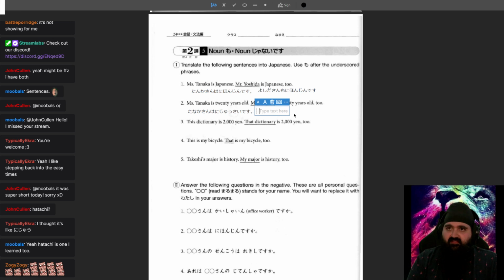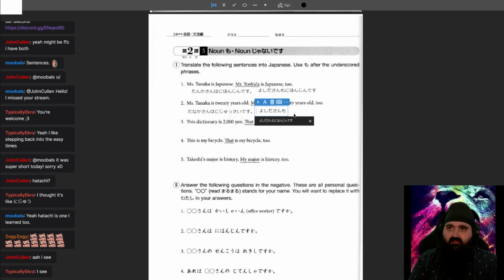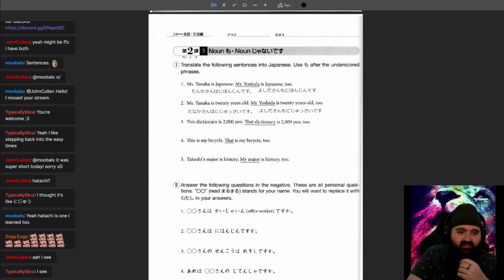So Yoshida-san mo, don't forget san. Yoshida-san mo. 20歳です。吉田さんも20歳です。